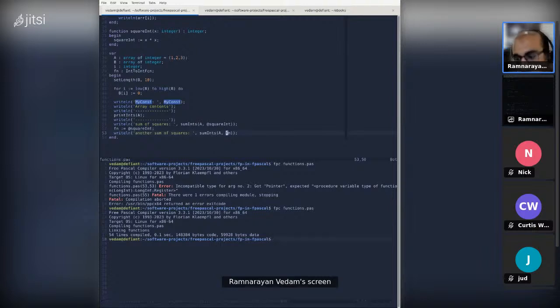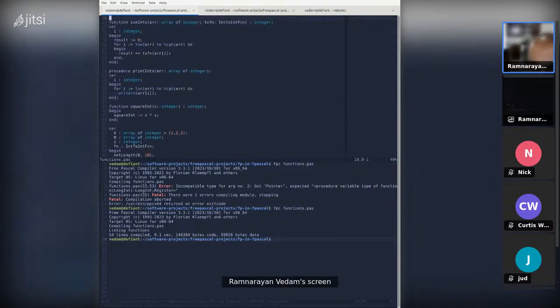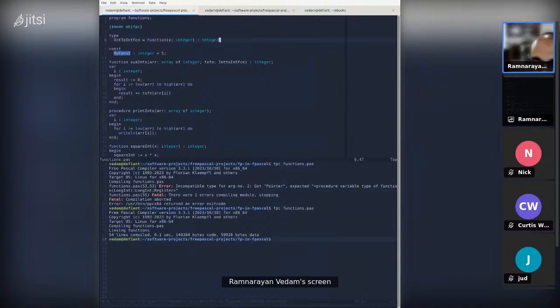This brings up the error, which is what I was going to talk about next. The one thing here is that these functions being passed are technically function pointers. You don't need to explicitly say that this is a function pointer. Most people who have seen Pascal in the past are probably familiar with the pointer notation in Pascal.